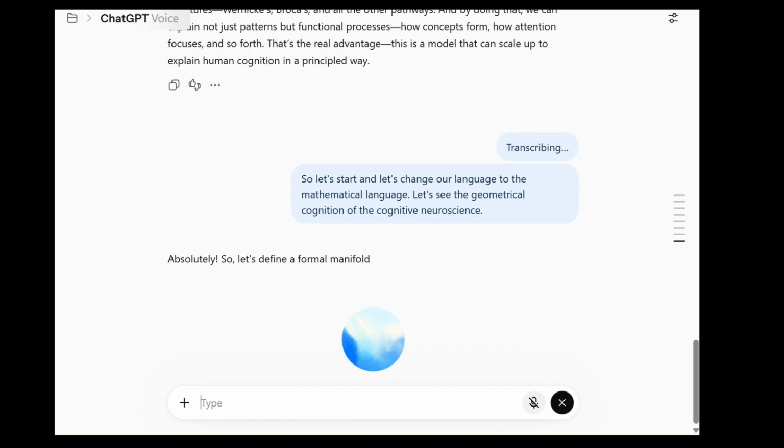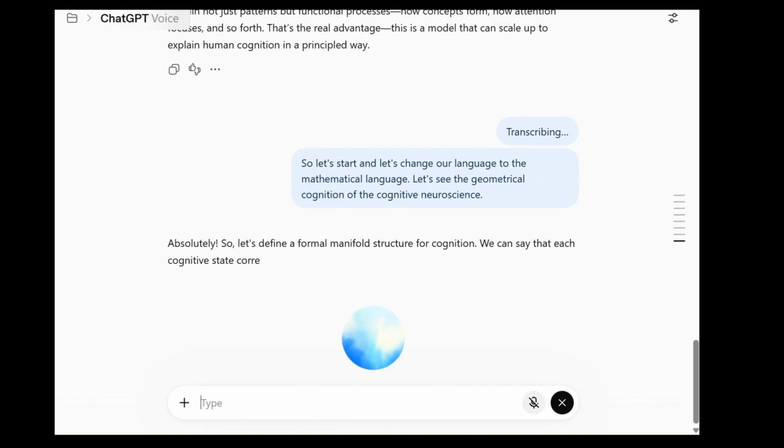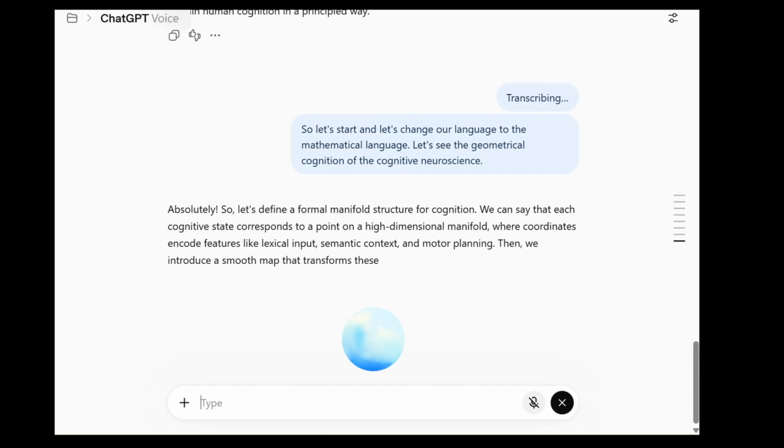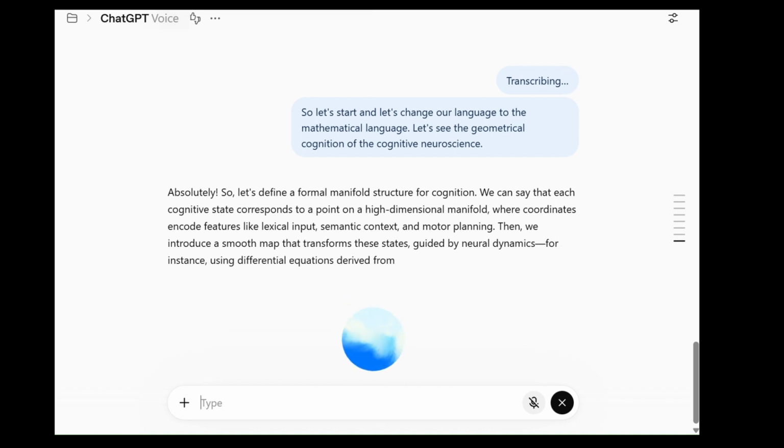Absolutely. So let's define a formal manifold structure for cognition. We can say that each cognitive state corresponds to a point on a high dimensional manifold, where coordinates encode features like lexical input, semantic context, and motor planning. Then we introduce a smooth map that transforms these states, guided by neural dynamics, for instance, using differential equations derived